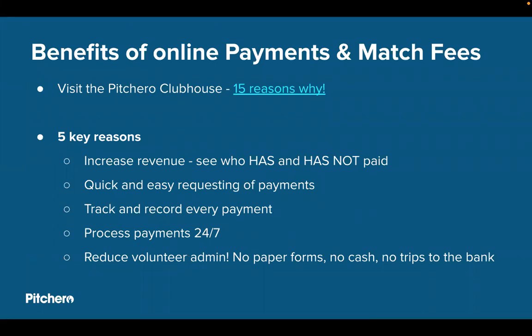So what are the benefits of using the online payments and match fees? As I say, it's just match fees today. If you wanted to know all the things we've come up with, you can go on to pitchero.com and have a chat with them and have a look at what it's all about. But I think the 5 key reasons, me personally,